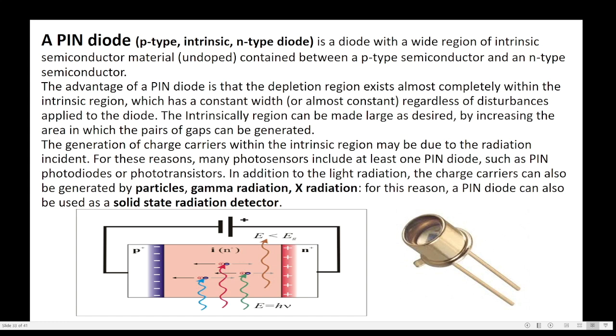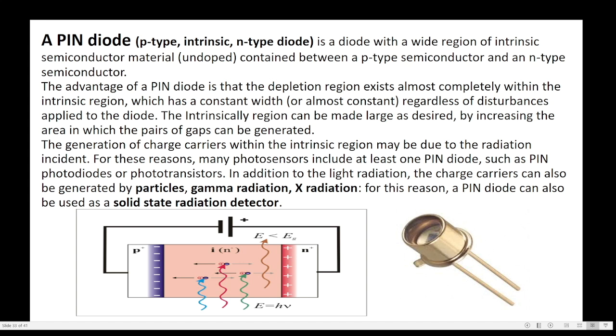There are some photodetectors. Firstly, we explain pin photodetectors. Pin photodetectors are made of semiconductor. Here there are three portions: P plus, N plus, and I region. P plus is heavily doped P-type semiconductor material, N plus is heavily doped N-type semiconductor material, and in between P plus and N plus there is the intrinsic region, pure semiconductor material.